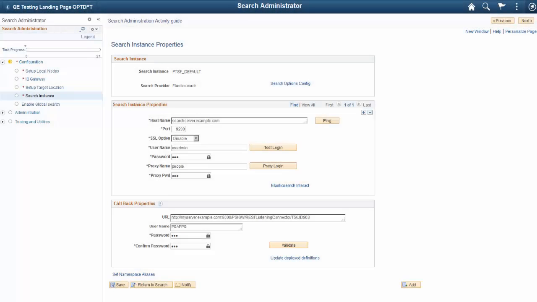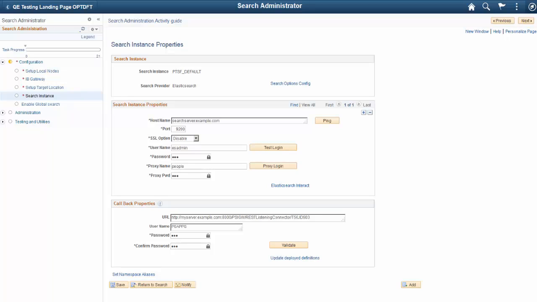Elasticsearch provides several REST APIs that can be used to obtain details of a cluster or index in the PeopleSoft implementation. In the absence of a default user interface to administer Elasticsearch, PeopleSoft provides a user interface called Elasticsearch Interact that enables you to choose the cluster and index level options on which you want to obtain information from the Elasticsearch search engine. Based on the selected options, PeopleSoft Search Framework generates a URL, which is submitted to Elasticsearch, and